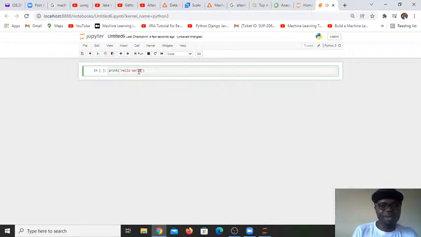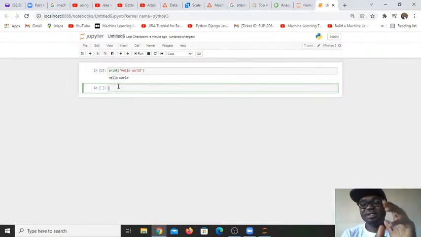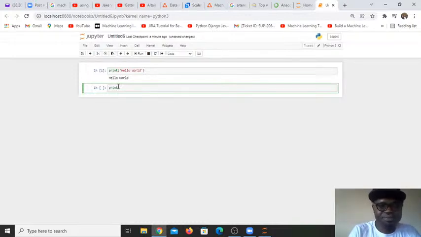Once you write the Python code here, you can just click on run, then it should run. You can see it has printed hello world. So that is how easy it is for you to start practicing your Python without having to download VS Code or PyCharm, all those heavy kinds of IDEs that might disturb your system. This is very easy. So you can simply say print, and I want to say